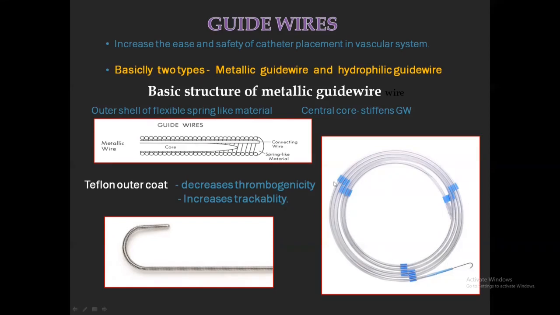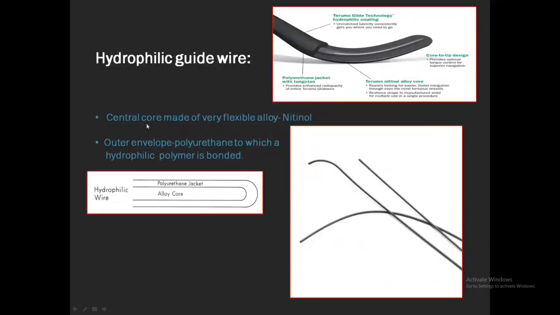Usually the guide wires come like this inside a plastic tube. This tube is called a hoop. Then hydrophilic guide wires are another type in which, instead of this spring-like winding, there is some polymer coating over a metallic core. These types of guide wires are most commonly used in radiology procedures, and you can see an alloy core with a special polymer jacket, and some hydrophilic material is applied on this polymer jacket so that it can be easily handled inside the blood vessels.